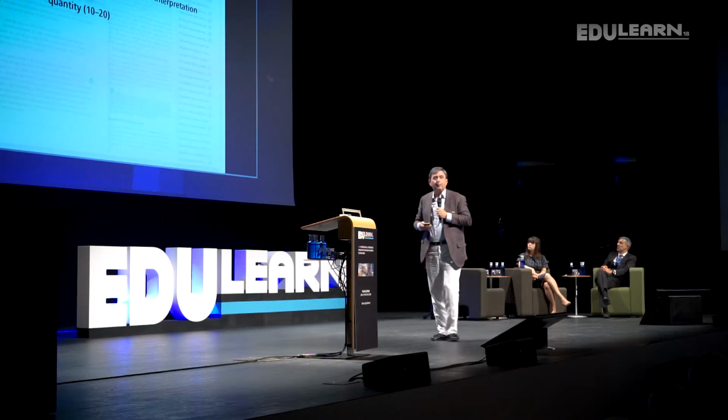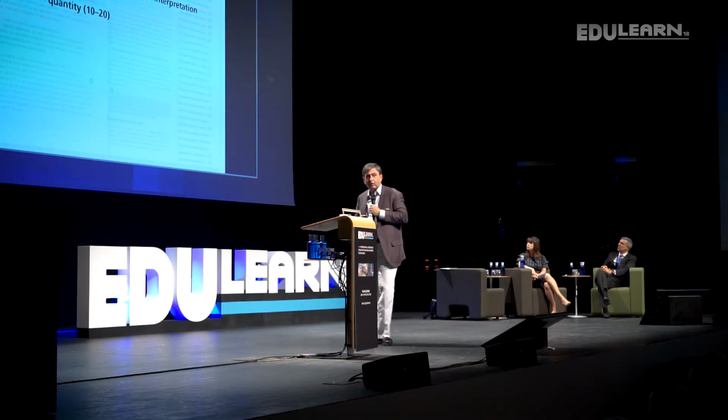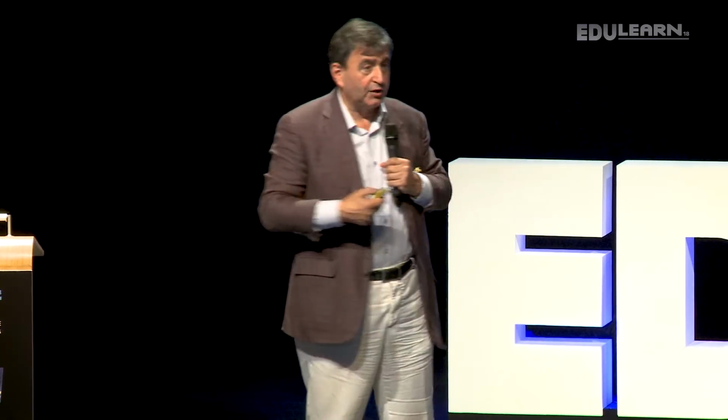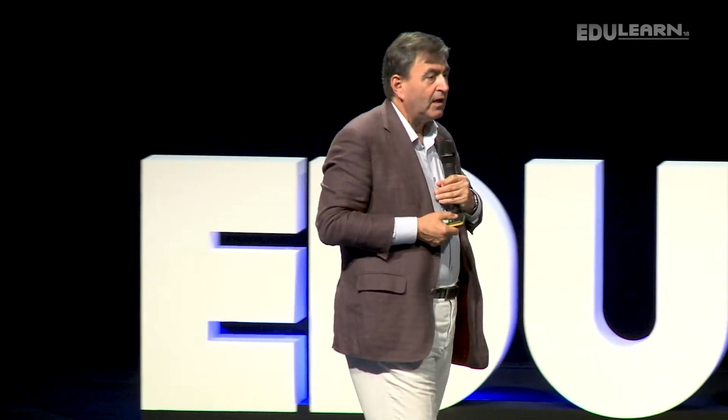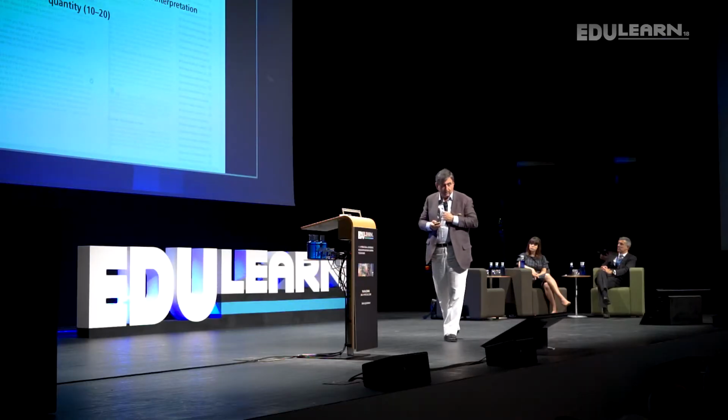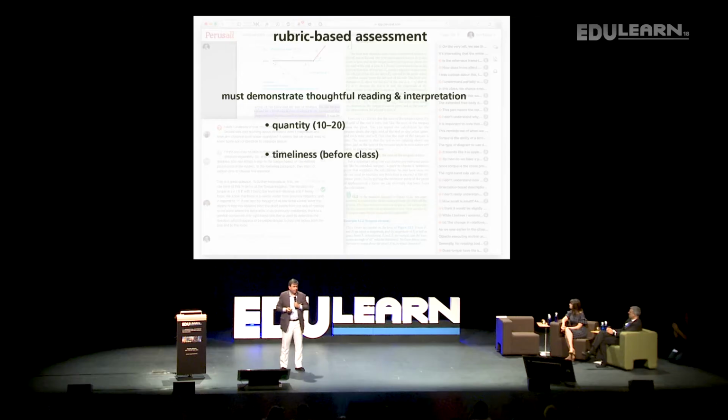We want a minimum number of those thoughtful comments. It doesn't matter if you put thoughtless comments because we want students to engage in chat, so that's quite all right, as long as they have a certain minimum number of thoughtful annotations, less if they're very thoughtful, more if they're less thoughtful. We want them to be on time before class starts.